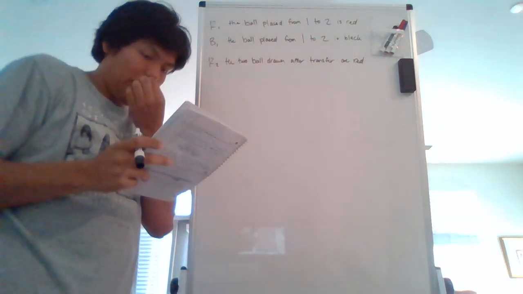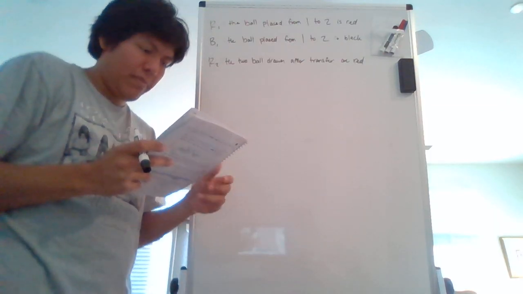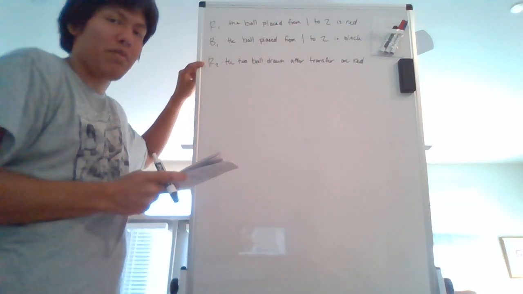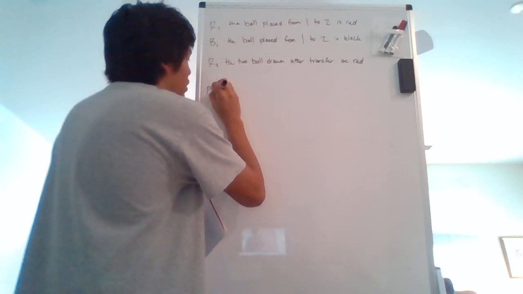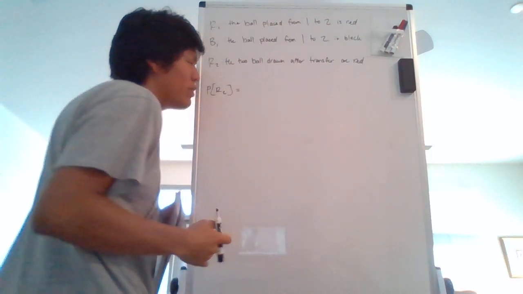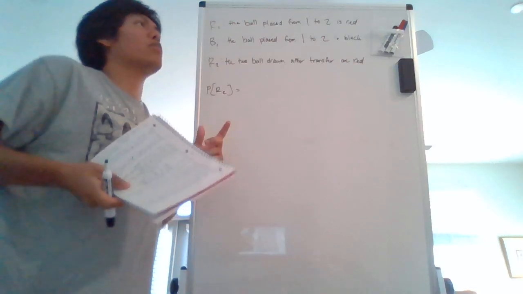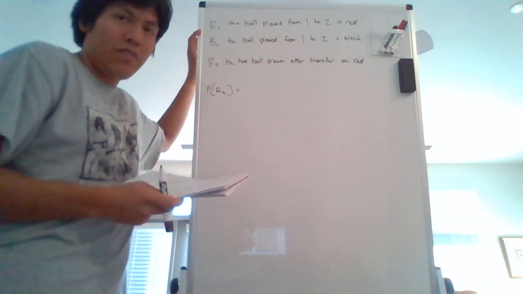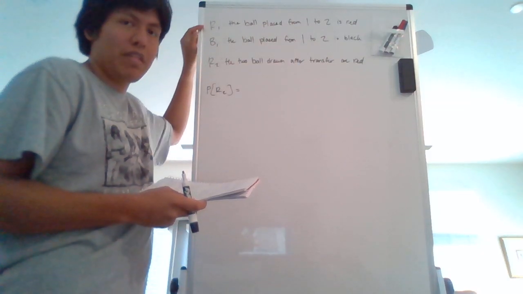Okay, now, let's see. Okay, so ultimately we're just trying to find this probability right here, the probability of R2. But what is this equal to? What formula can we use in order to solve for this? Let's consider another thing. If we're only transferring 1 ball from urn 1 to urn 2, but we have to consider both of these possibilities,